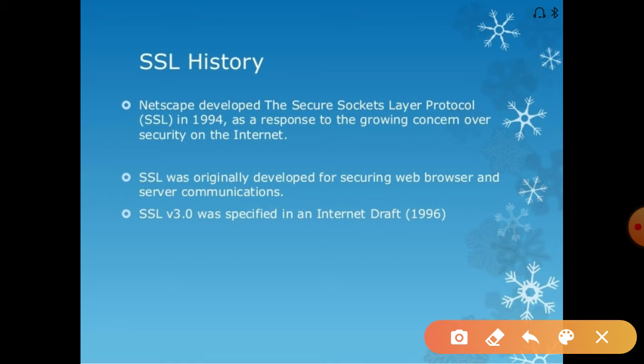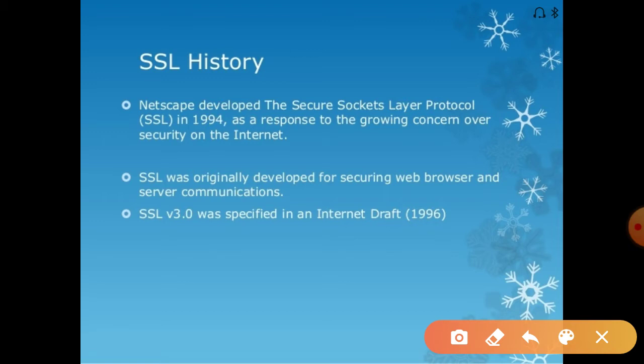It was developed to provide security over the internet. What the SSL protocol does is provide security for the information while it is transmitted from the web server to the web browser.